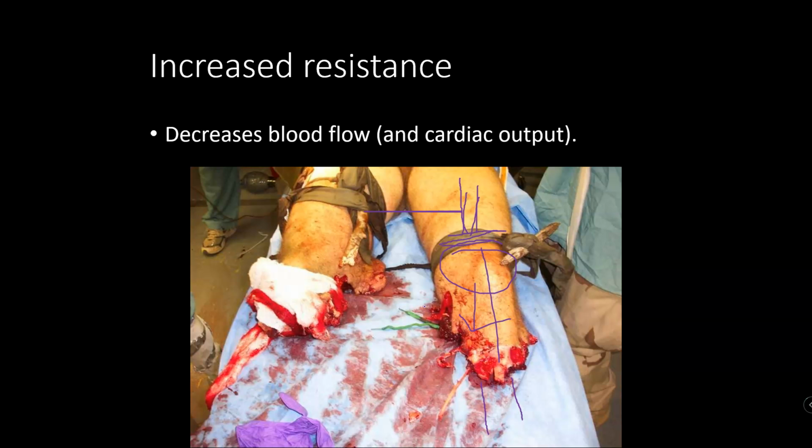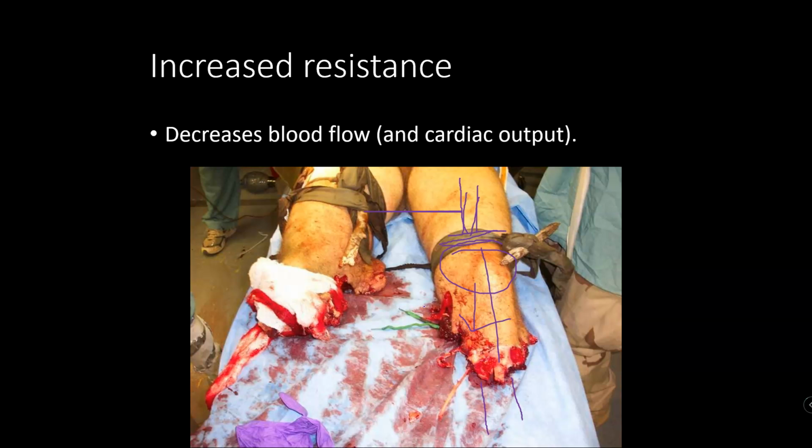So tourniquets are designed to increase resistance to stop blood loss. That is how they work. Your body also does this through vasoconstriction as well. And if you think about the precapillary sphincters we talked about in the first video, those are an extreme form of increased resistance. They increase the resistance completely to stop blood flow in the true capillaries and make the blood go just through the vascular shunt.